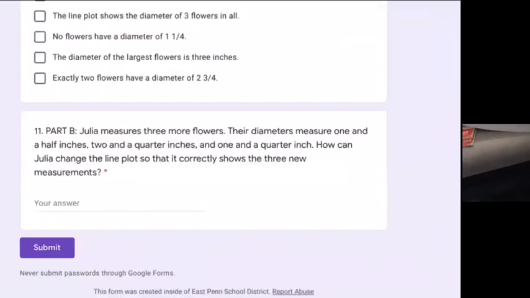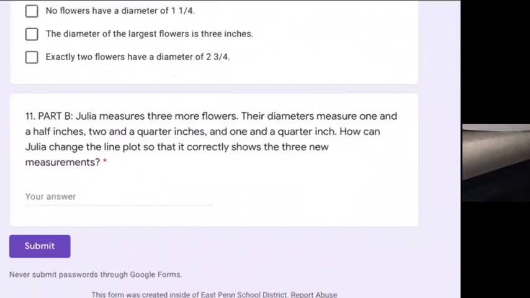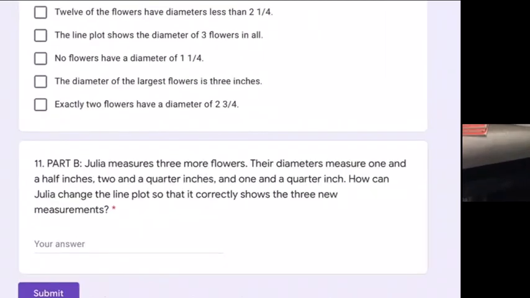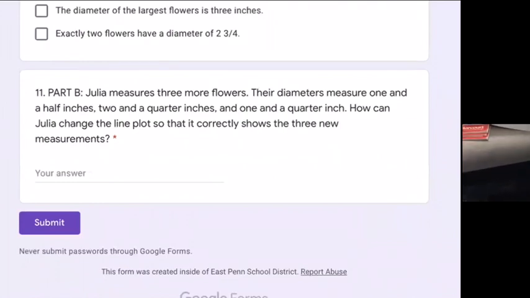Lastly, Julia measures 3 more flowers. Their diameters measure 1 1/2 inches, 2 1/4 inches, and 1 1/4 inch. How can Julia change the line plot so that it correctly shows the 3 new measurements? How could she change it? Well, what you would write is plain and simple, she could put